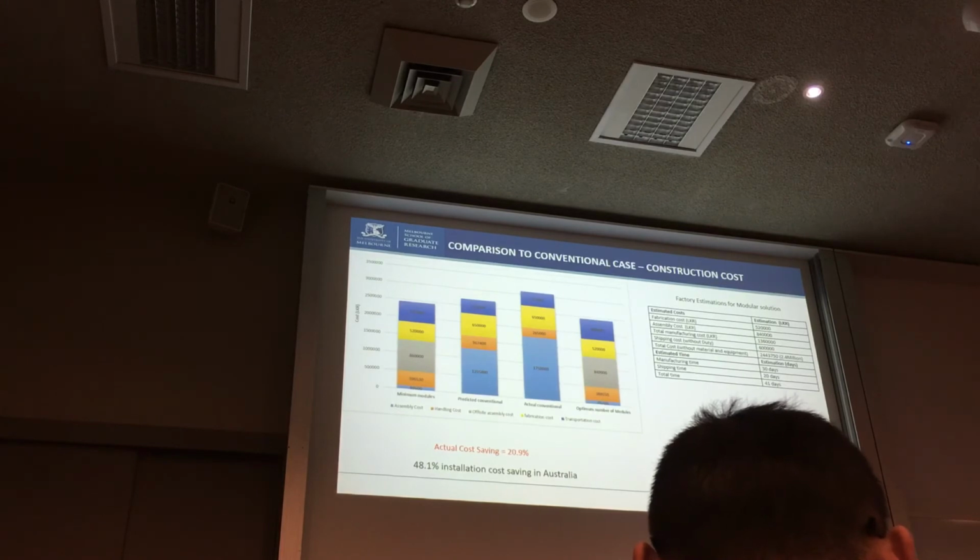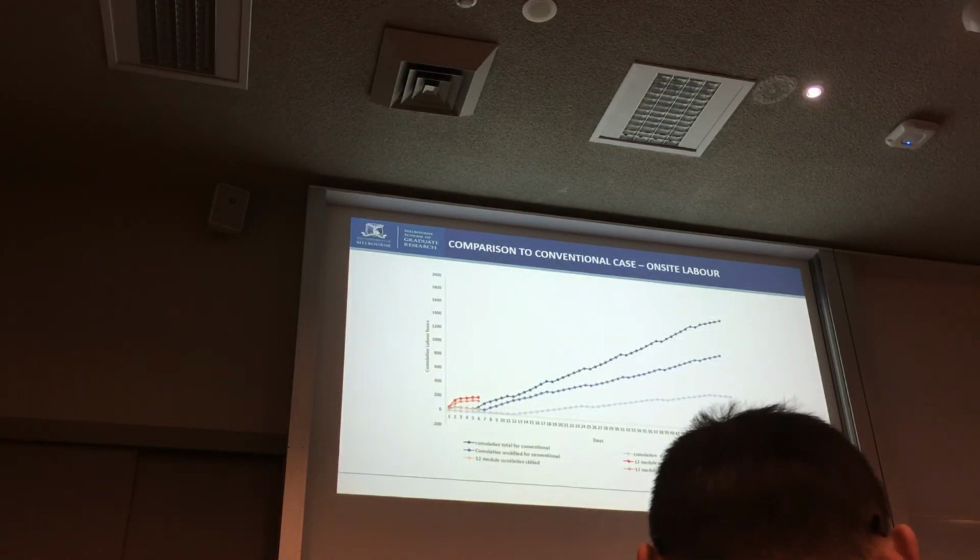However, the same case study plant room was applied to an Australian environment, taking into account the labor rates in Australia, where the overall installation cost saving for the same plant room with the same constraints was 48%. This shows the geographical effect on the modular construction industry, where the labor costs and the equipment renting costs have a significant effect on the benefits that can be achieved through modularization.